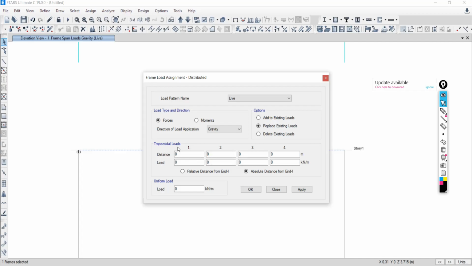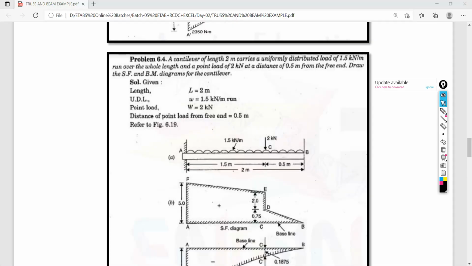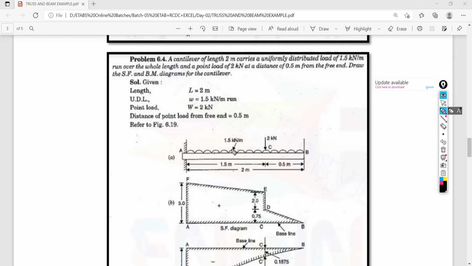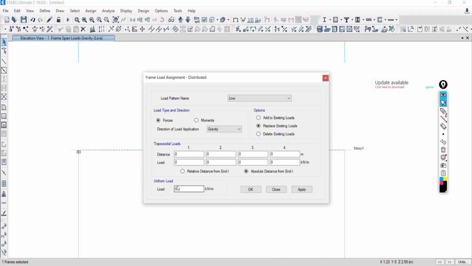So this is a trapezoidal load. What is the application of this trapezoidal load section? We will discuss it later, how to utilize this section for assigning the uniformly distributed load. But here, as you want to assign the load for the complete frame, the distribution of the uniformly distributed load is for the complete frame or part distance? Complete, for the complete beam. That's why we can directly go with the uniform load option.